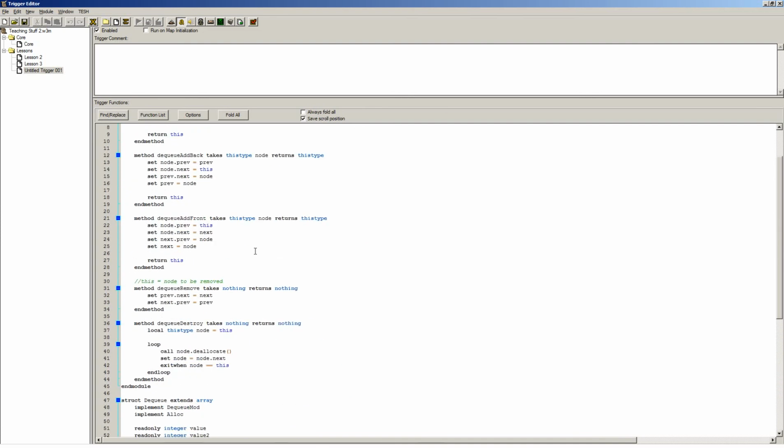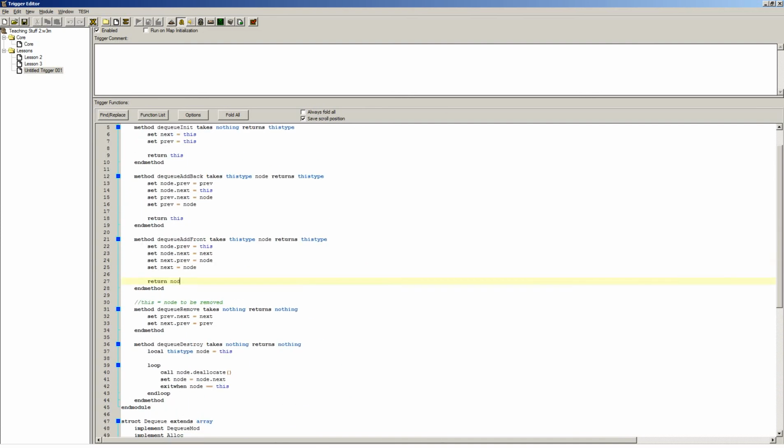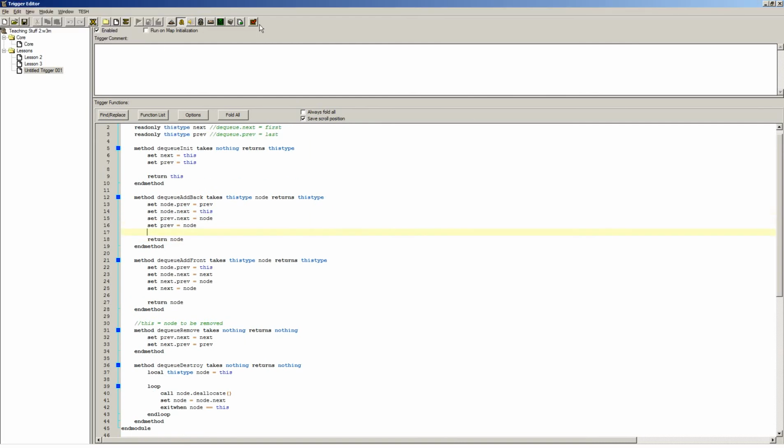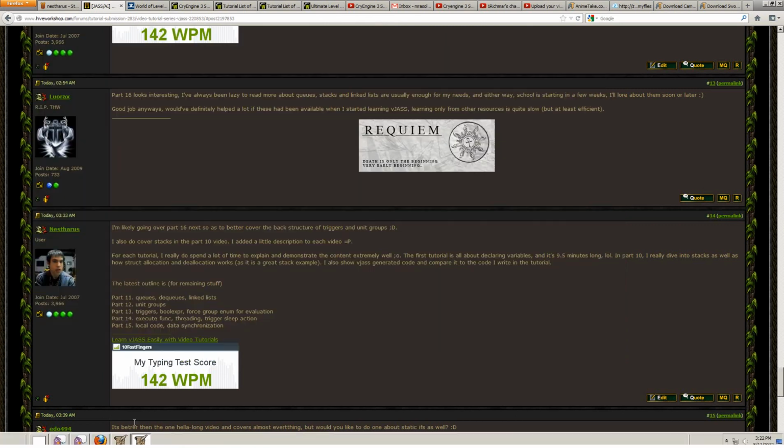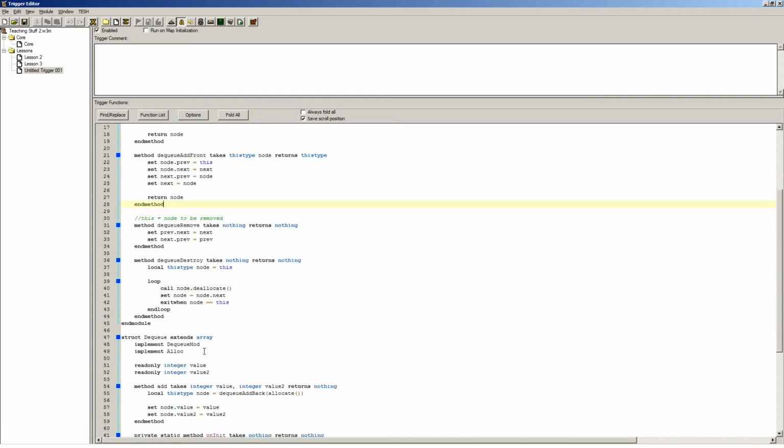The values. Oh, I know why it's not working. Return node, not this. That was silly. Now it works. Exact same output as before. If we change it around a bit, we can do